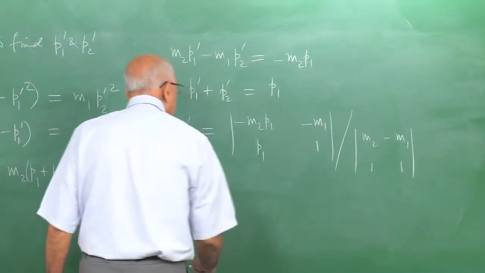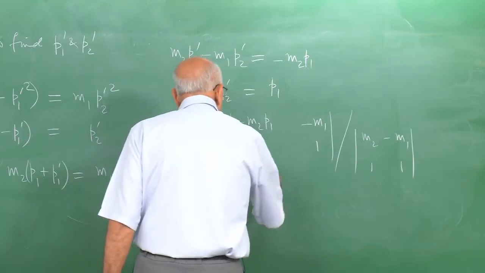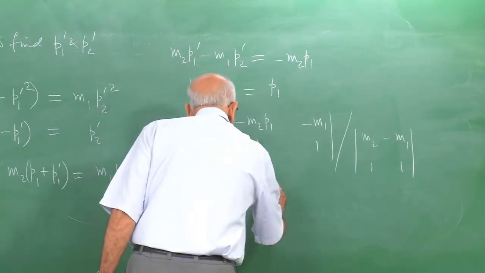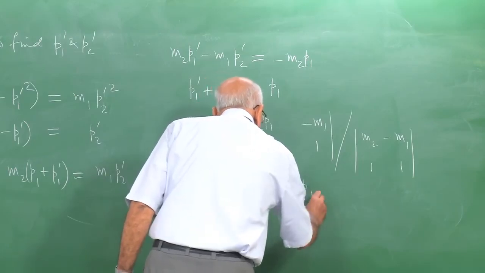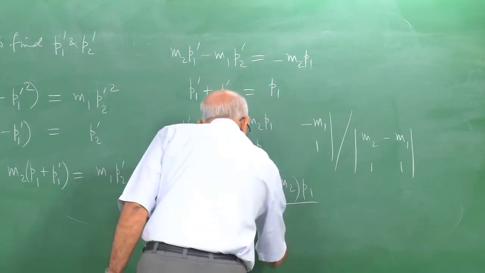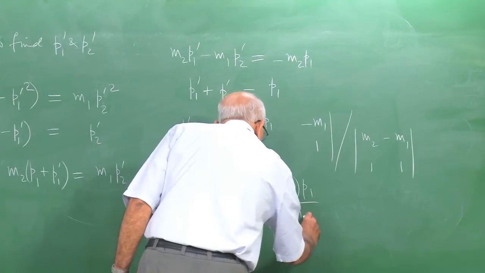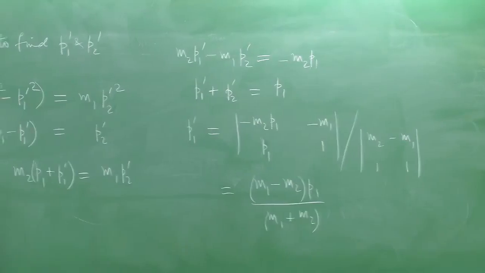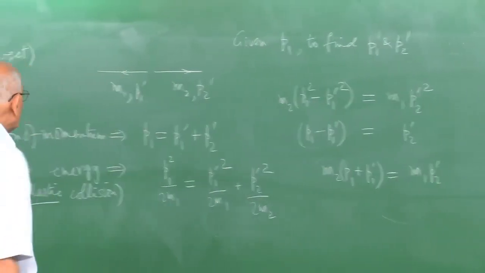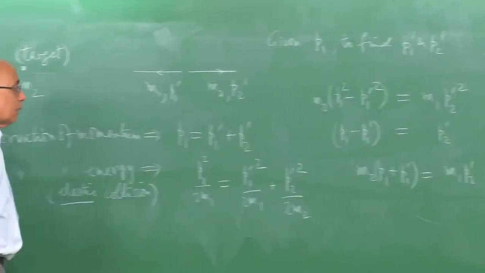So that immediately gives us m1 minus m2 times p1 divided by the determinant, which is m1 plus m2, and that's the solution for p1 prime, which is intuitively very satisfying, because it says that if the masses are equal,